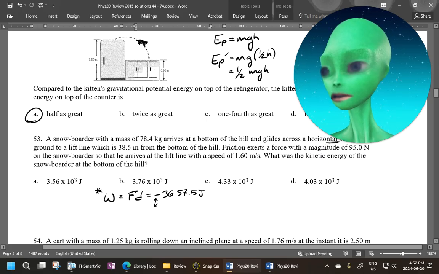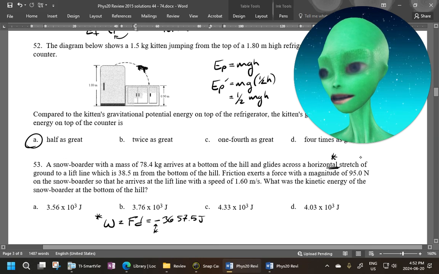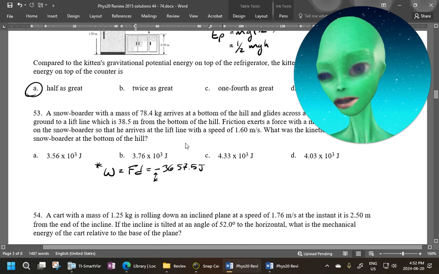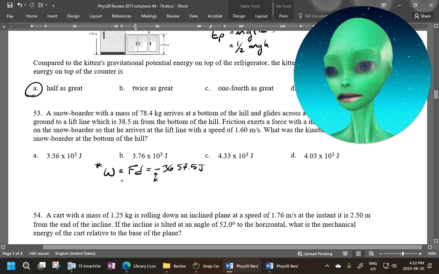If I'm on a horizontal surface here, the change in EP is 0. So this change of energy is going to be just the change of kinetic, right? That's my change of energy. So this must be just my kinetic energy. So I've lost this much kinetic energy here,